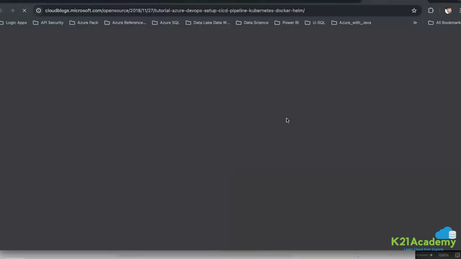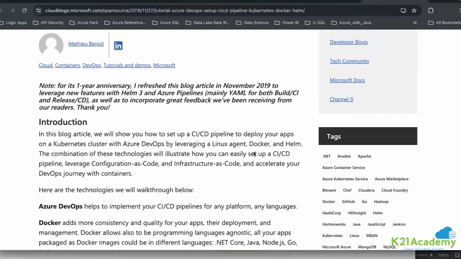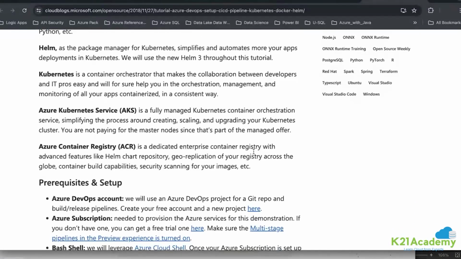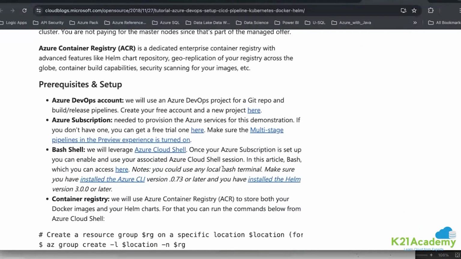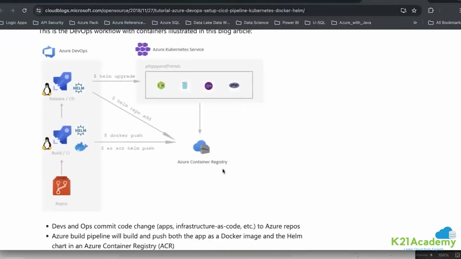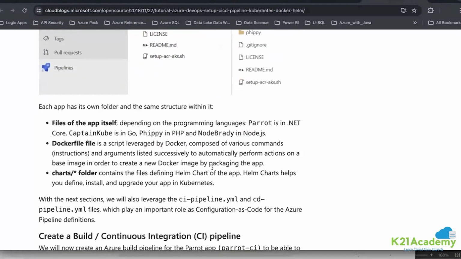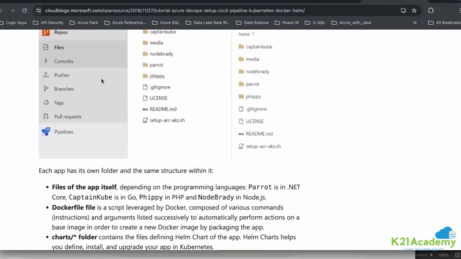So this is a kind of URL where you will get to know about Kubernetes CI/CD pipeline creation, from an official blog provided by Microsoft. There are some implementation tools they have laid out, and some steps are given, right? So if you want to achieve this particular state while working with Azure DevOps, how you can do it,